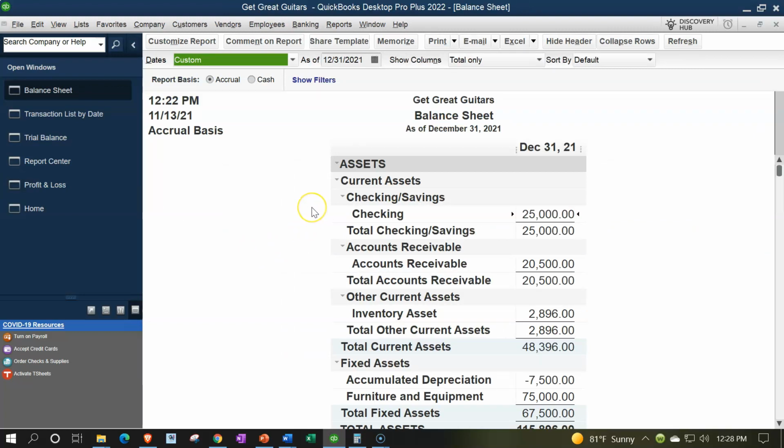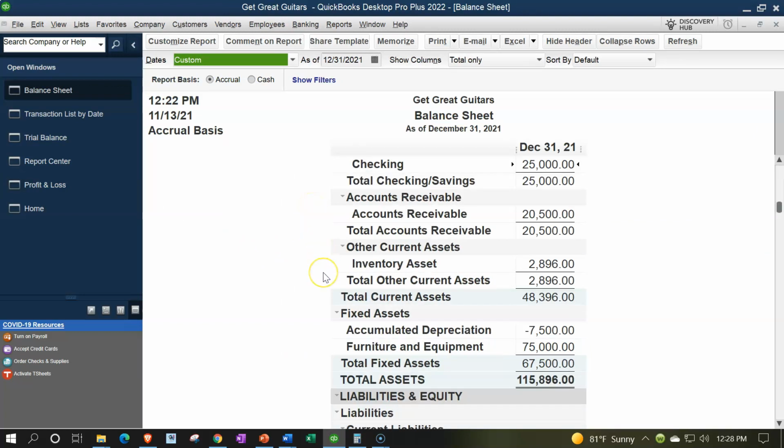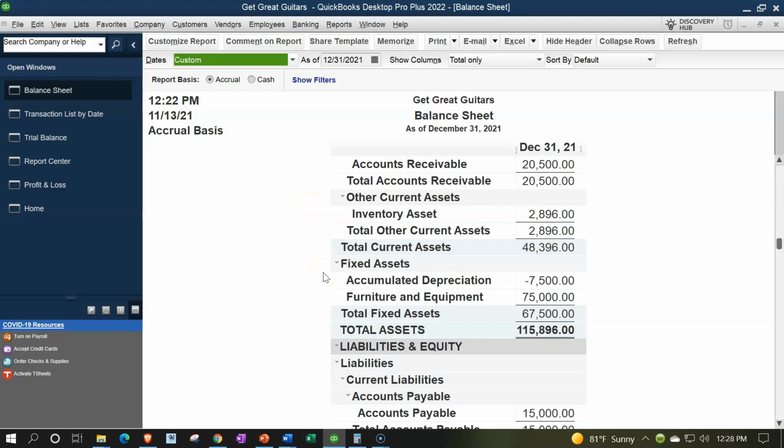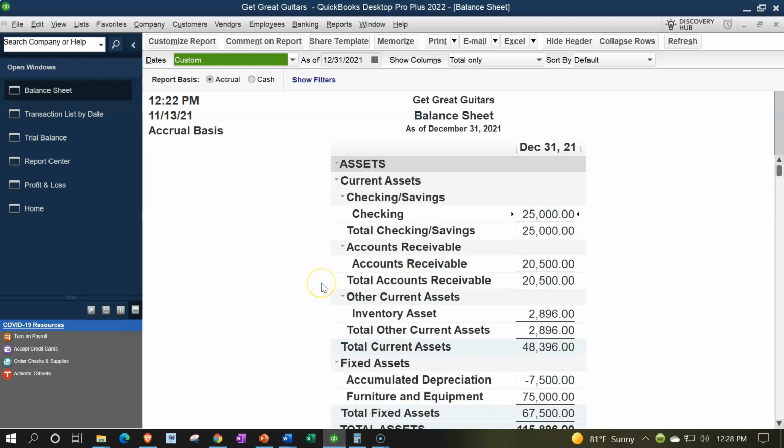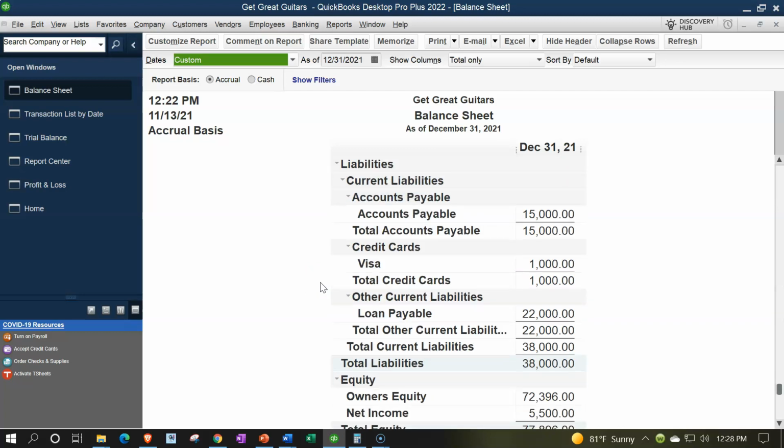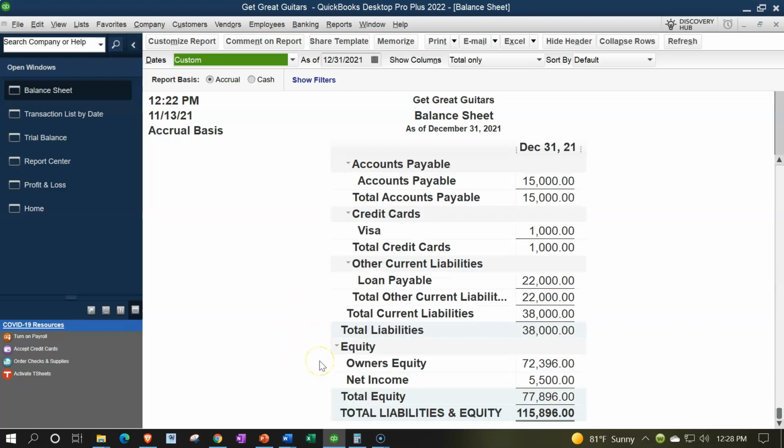So for example, did you set up your checking account as a cash account and your inventory account as an other current asset, and so on and so forth. So this should just mirror, in essence, what we saw on the trial balance. The bottom line on the equity section, we have net income. That net income should roll into equity